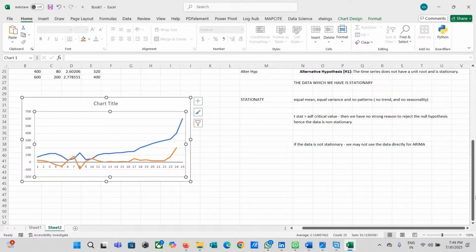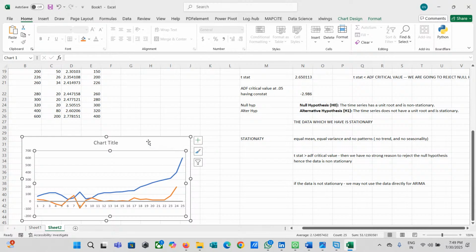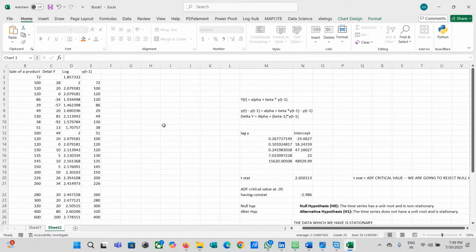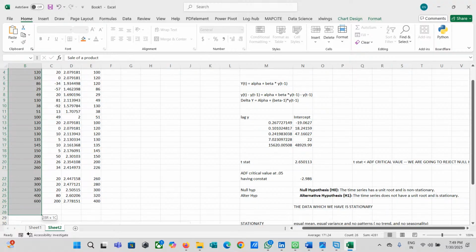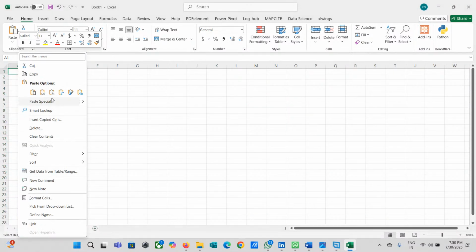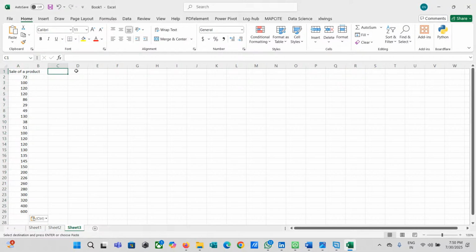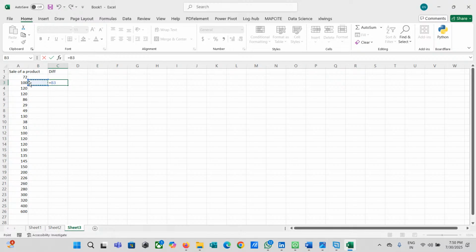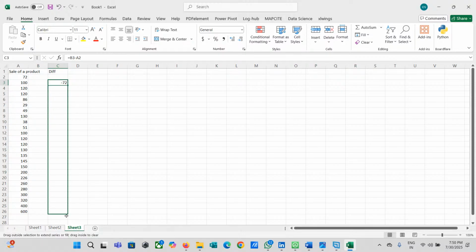I just want to keep the difference part, and we're going to take the differencing data to take ARIMA into account and build a model. So I'm going to copy this data again and paste it here. I'm going to create the difference, because we need to create difference to create stationary data, which is our new dependent variable.